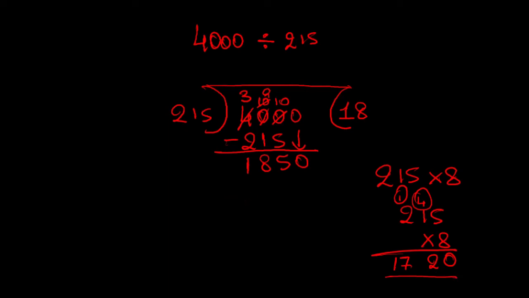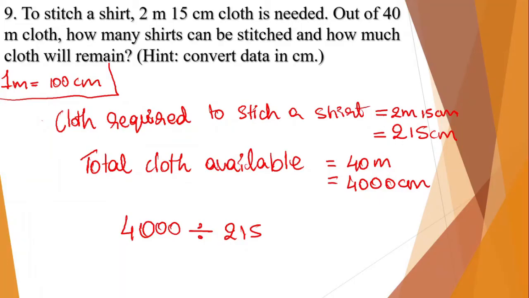So 215 into 8 is 1720. Now we should subtract the values. So 0 minus 0 is 0. And 5 minus 2 is 3. And 8 minus 7 is 1. And 1 minus 1 is 0, so we can ignore it. So we will get 130. So our answer will be 18 and the remainder